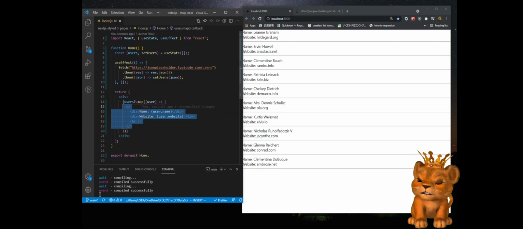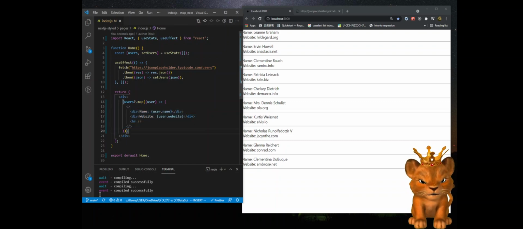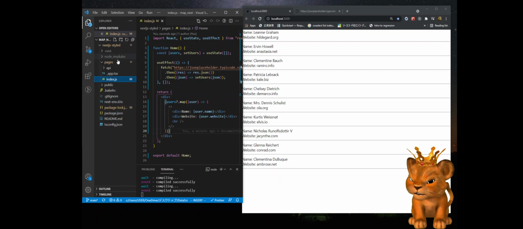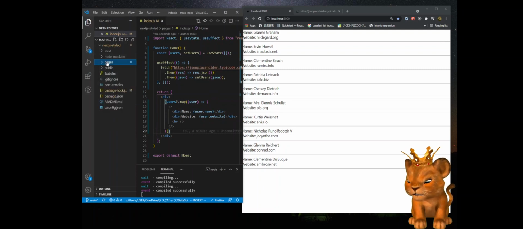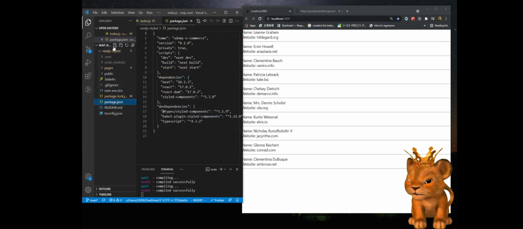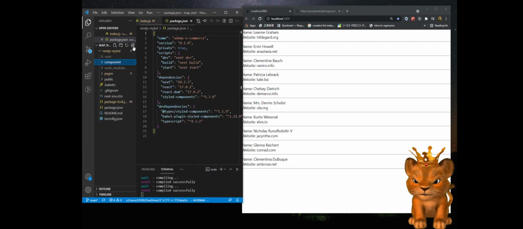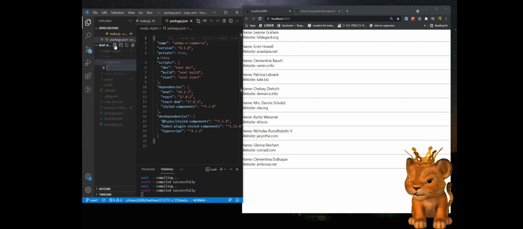And inside the component, we can style each div in a different component. So let's make a component. So I made a component folder, component. And inside the component, I want to make user card.js